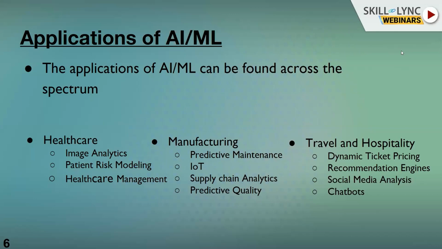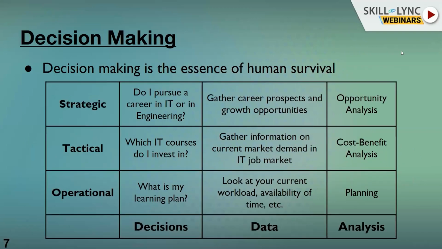Similarly, you can look at even the travel and hospitality industries, right? Especially when we look at e-commerce sites, for example, the recommendation engines. How, for example, is Amazon recommending products to you? How does it know what your preferences are and therefore what your future requirements are? There is an artificial intelligence engine behind that which makes these recommendations. So you see these sort of applications already across industries, and therefore it is very relevant that we learn about artificial intelligence, not just from a manufacturing perspective, but also have a wider perspective as well.